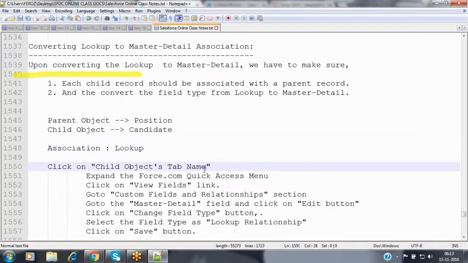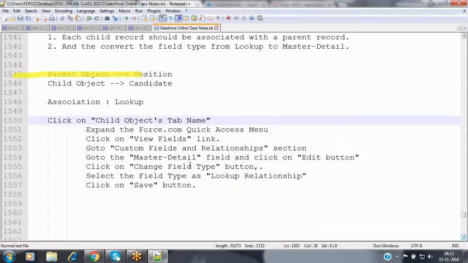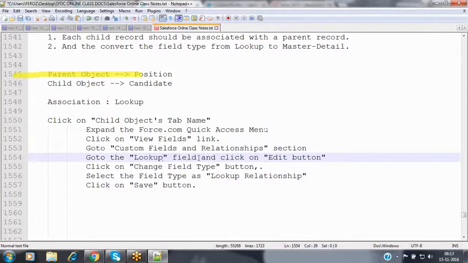Now go to the child object's tab name. Go to the Force.com quick access menu, go to the associated fields, go to that lookup field and click on the edit button. Change the field type from lookup to master detail.